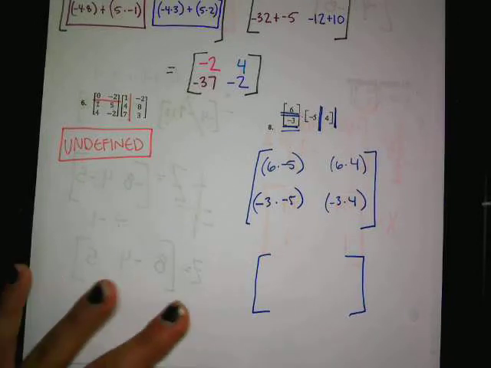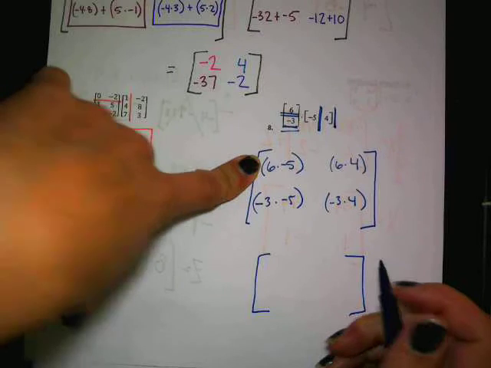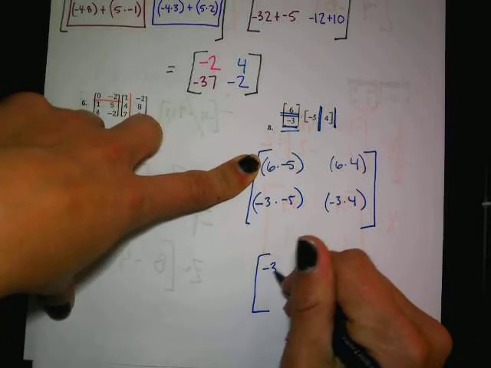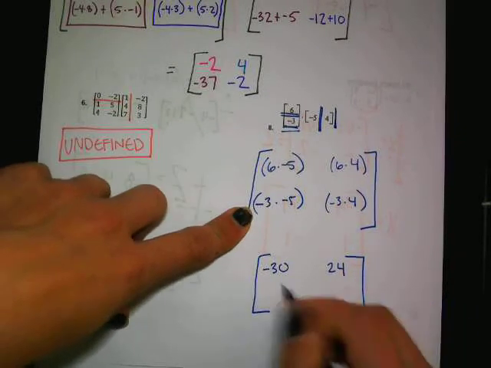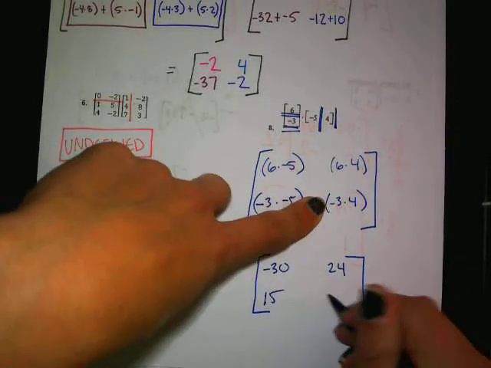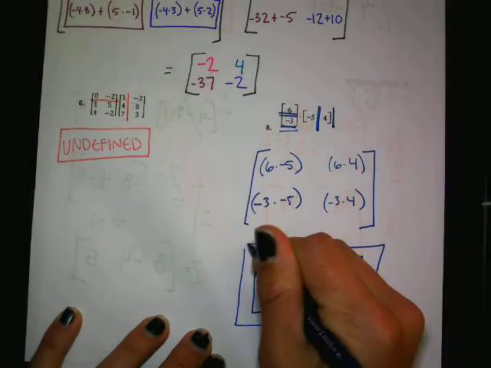So to get your final answer, you just have to multiply all of these guys together. So what's 6 times negative 5? 6 times 4? Why can't they just all be this simple? 15. Negative 12. So yeah, some of them are more complicated than others. Like that first